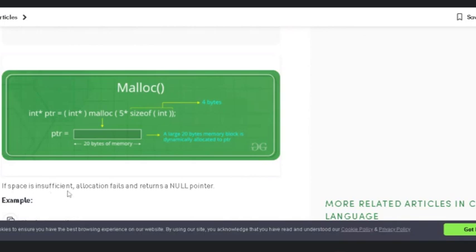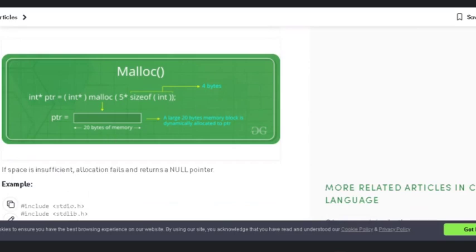And if the space is insufficient, allocation fails and returns a null pointer. So using this condition, whether the function is returning a null pointer, we can check whether memory allocation has been successful or not.